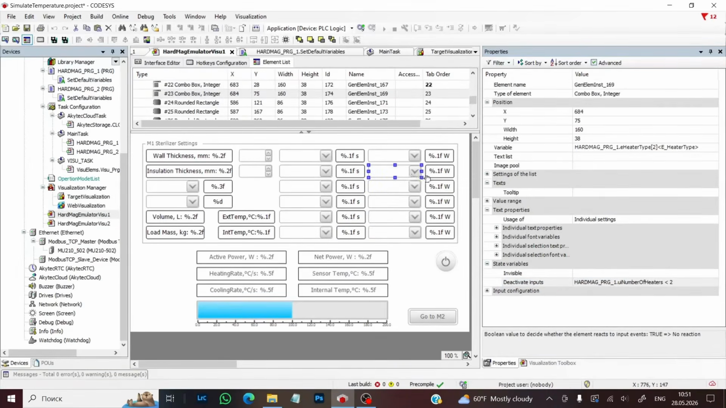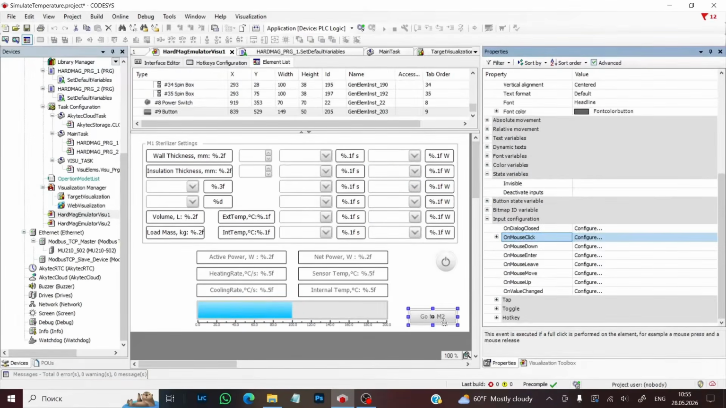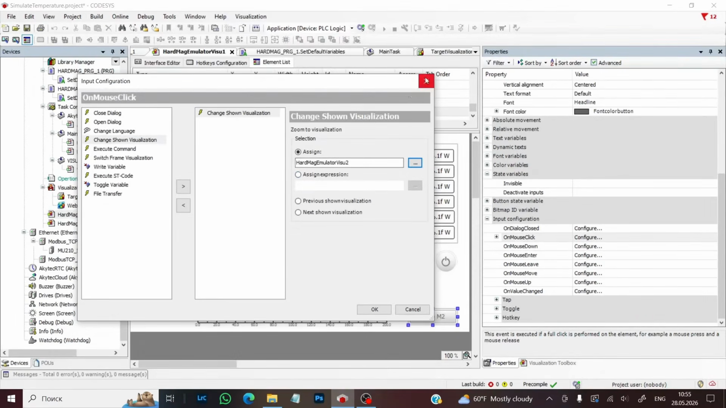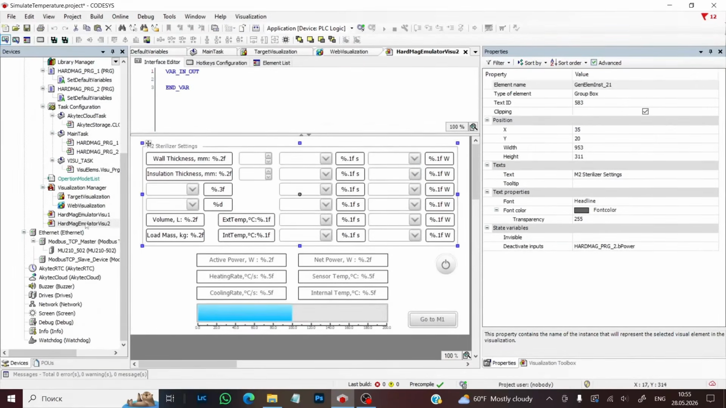We performed similar actions for the settings of the additional heating elements. Next, we added a button, and for the mouse click event handler, we linked a function to change the visualization, where in the assign field, we selected the visualization of the second sterilizer model. Now, let's switch to the second visualization, which corresponds to the second sterilizer model, and you'll see all the same